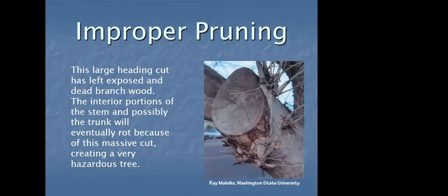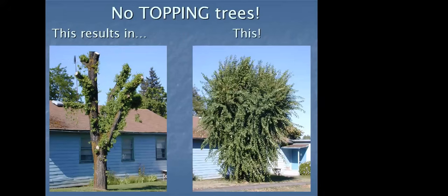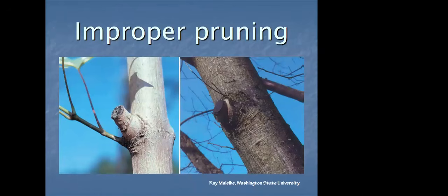Just another example of improper pruning. You don't want to leave stubs like this. You want to make sure you're making the right pruning cut. So if you top something like this, you end up seeing something like this. Some might say, well, that's okay, it kind of fills in, but over time, you're going to end up with some issues with that tree and its integrity. So you don't leave stubs. You want to make sure you go back